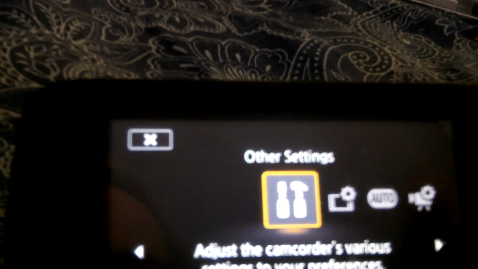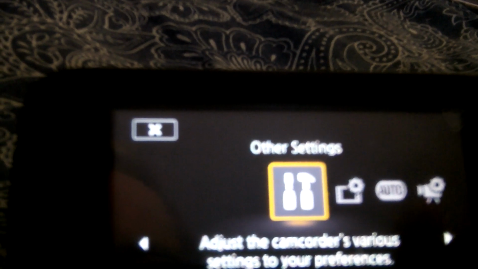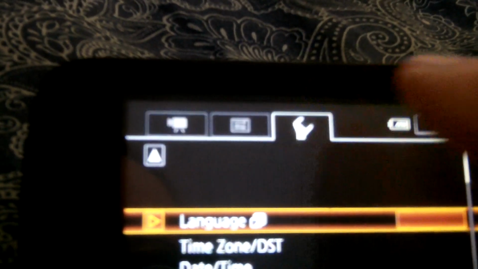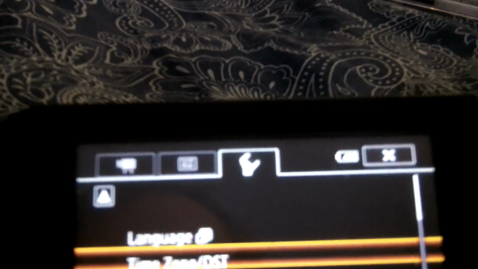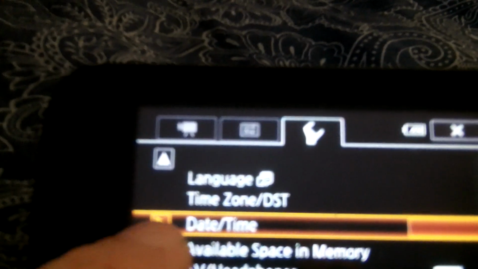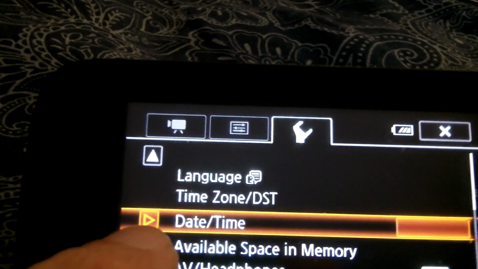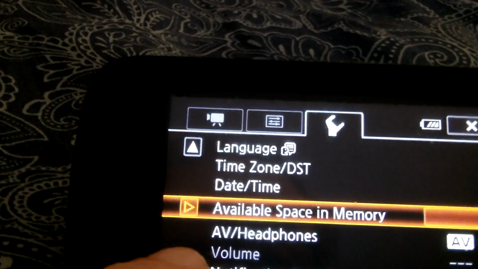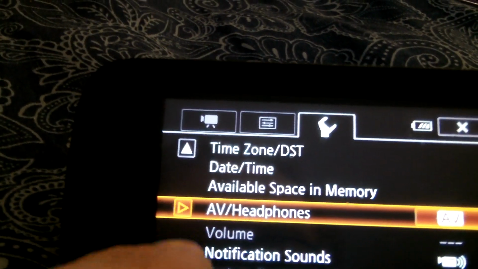You go to your input screen here and go back. You hit the little home, and then where it says other settings, the screwdriver and hammer, you hit that, and then where you see the wrench up here, hit the wrench, and then you start scrolling down till you get to the file numbering. That's right, the file numbering. Keep going down,